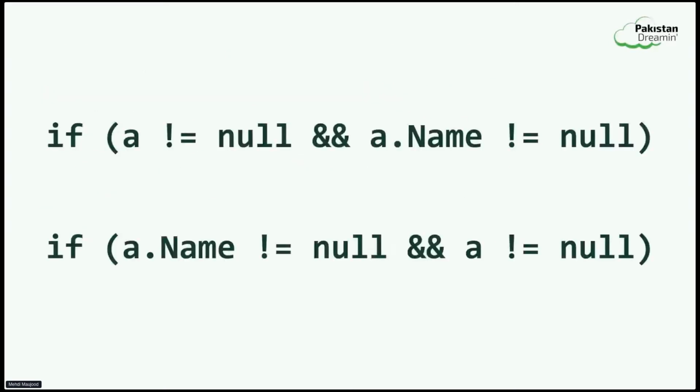And here's another example. This is something that came up while I was chatting with somebody who was practicing on apexsandbox.io. These are two statements. If A is not equal to null and A.name is not equal to null. And the second statement is just the same thing flipped around. If A.name is not equal to null and A is not equal to null. So they are pretty much identical, but one of them works. And we see this in code all the time. If you're writing code as a developer, or if you're reading code as a developer, you will come across statements like this pretty much every day.